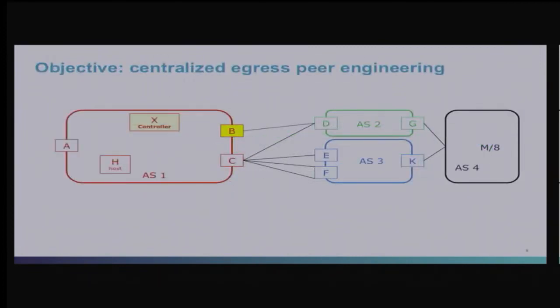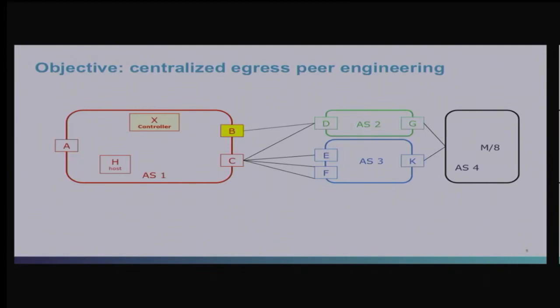What we want to achieve through the use case is to allow a controller to traffic engineer on a per flow basis traffic to M/8 via other border routers, C for example, and specific peering links to these transit providers.